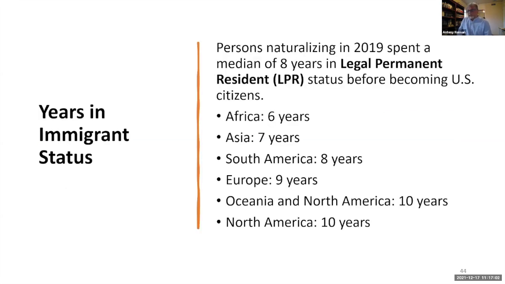Now, this is a slide that I want you to have a look at a little carefully. Persons naturalizing in 2019 spent a median of 8 years in legal permanent resident status before becoming US citizens. And the breakdown is as follows. For residents from Africa, it was 6 years, which is quick, which means, if you were eligible to apply at the end of 5,